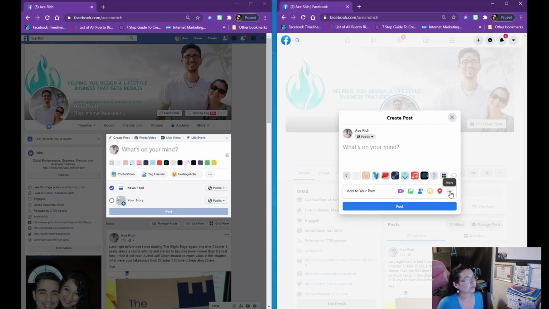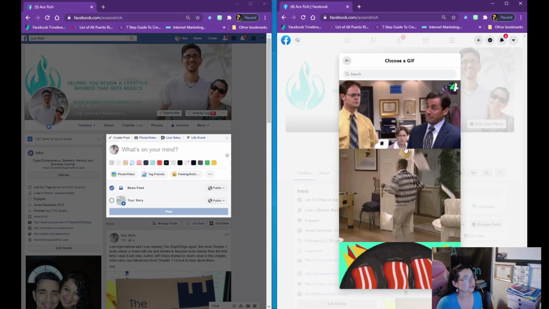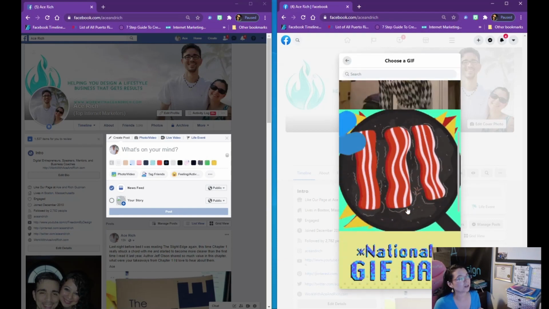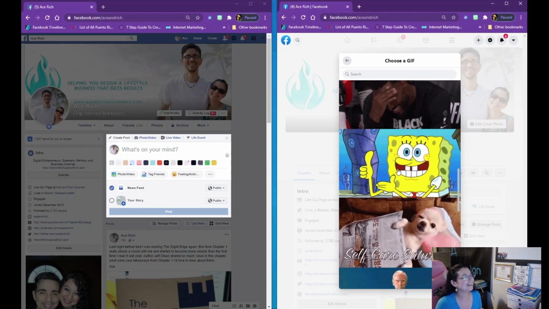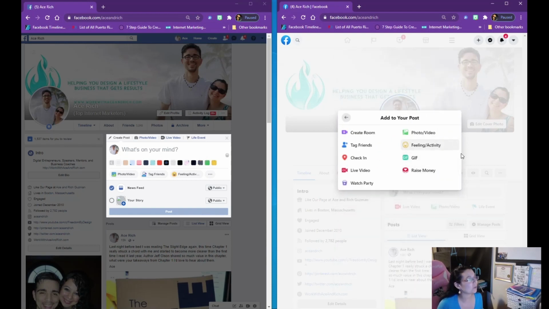And then you have your 3 dots, which is your more. And then you have access to start a watch party, raise some money for funding, animated GIFs. These are all wonderful. I love using these. And we can do that and choose by keyword. So we say Saturday, self-care Saturday, like, look at the Chihuahua, doesn't he look cute? And you can do that, or you have,